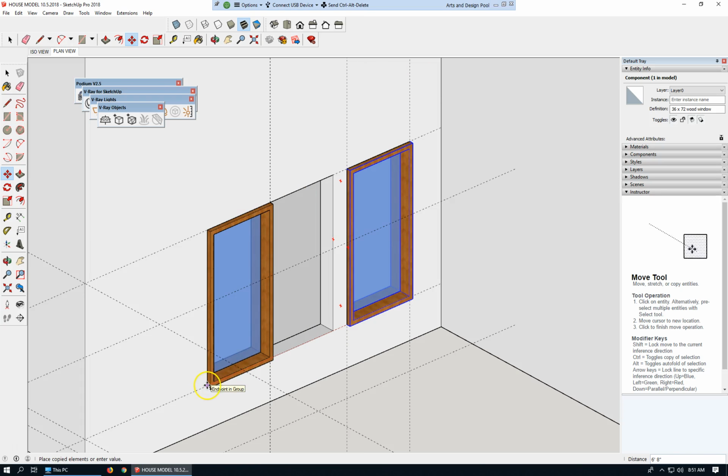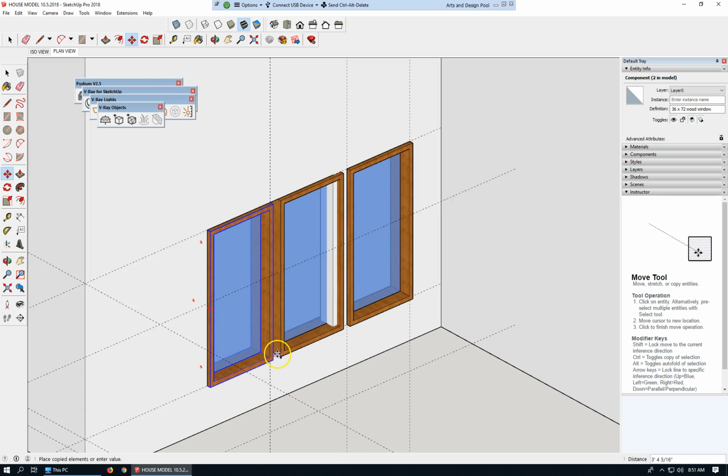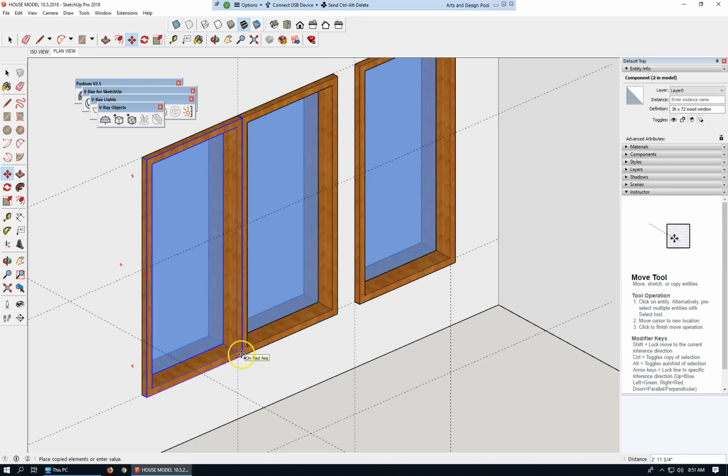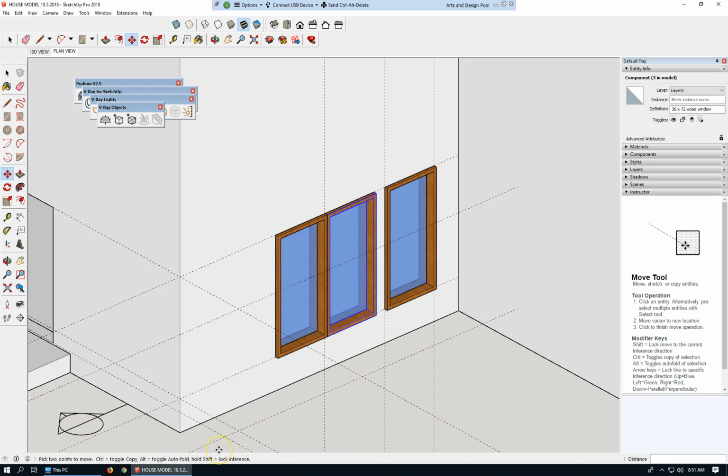If I make copies of it, we can place two of them next to each other and fill up 6 foot wide by 6 foot height